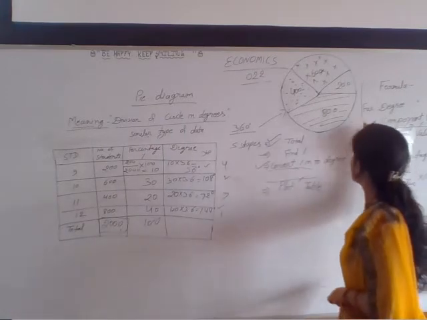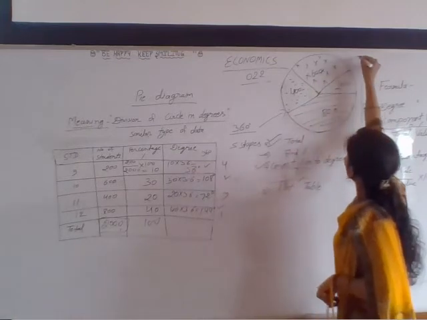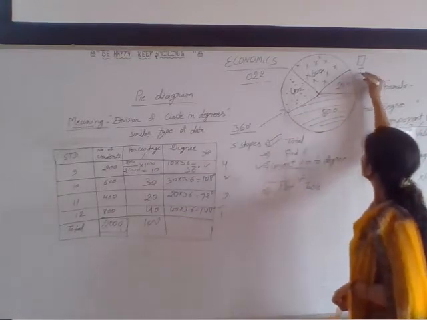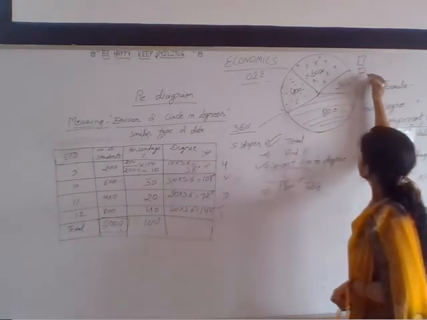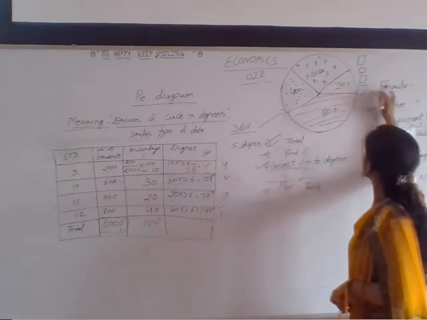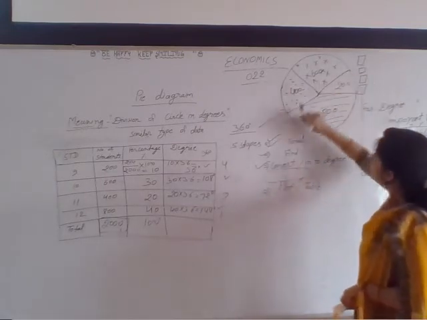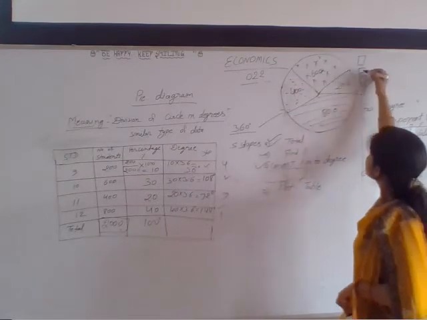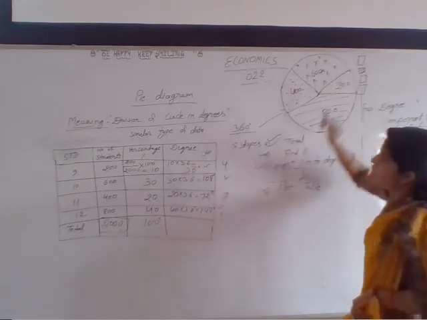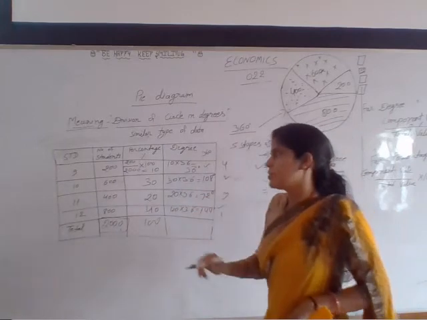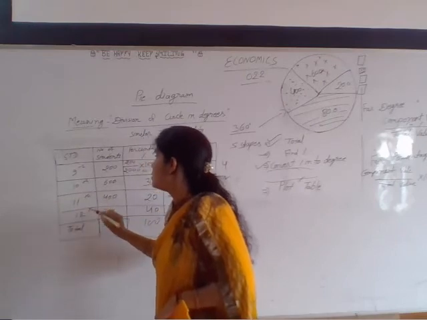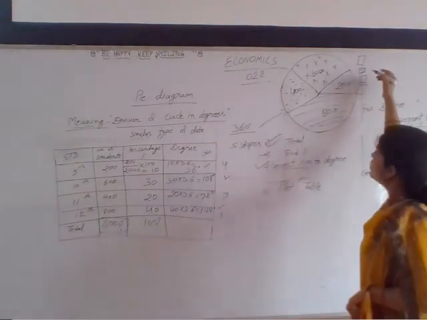What is the next one? We have to draw some boxes here. 1, 2, 3, 4. So 4 boxes we have to draw here. In these 4 boxes, we have to draw different designs. For the first one, this design we have drawn here. For this one is black. Second one is just like this only design. For what? For the 9th standard students. For 9th, for 10th, for 11th and for 12th. So first one design is related to 9th students.